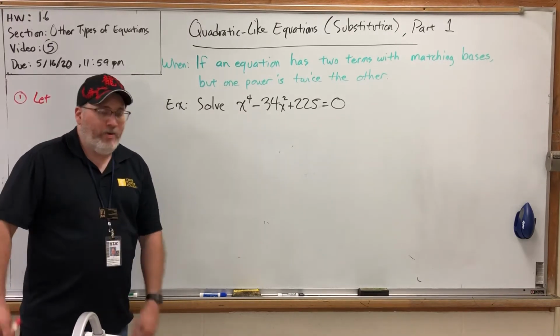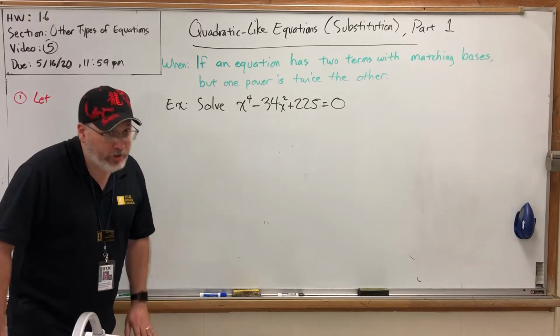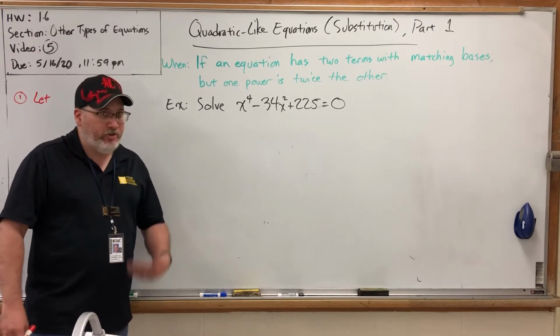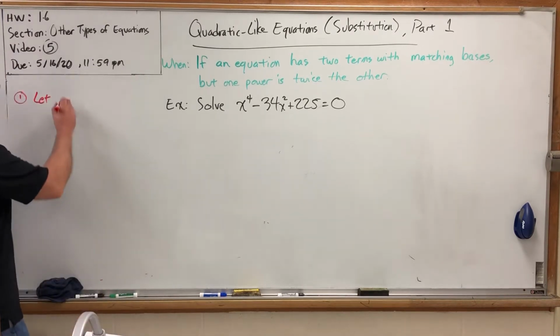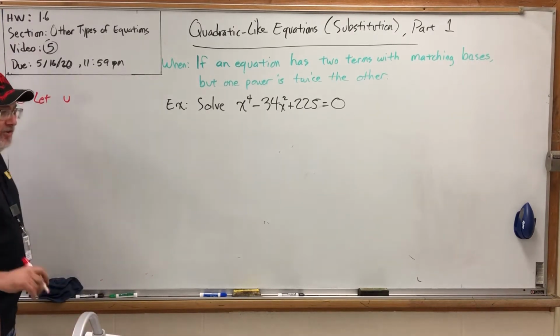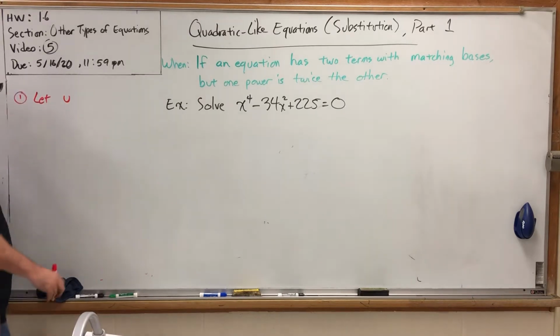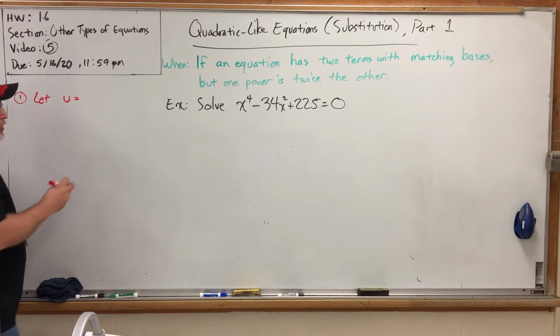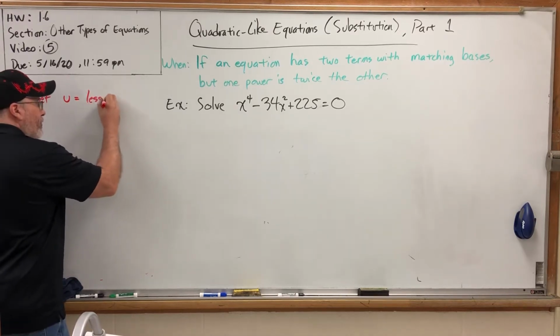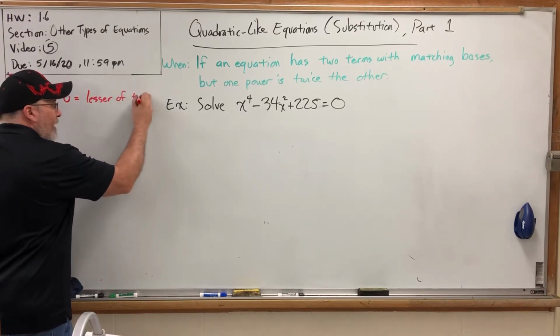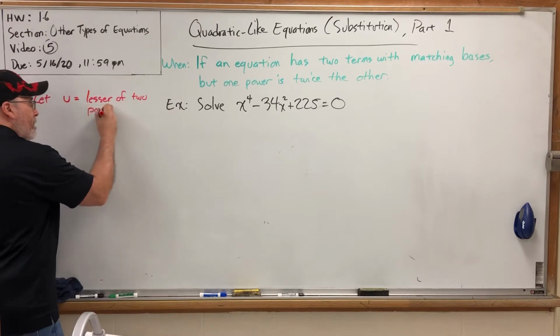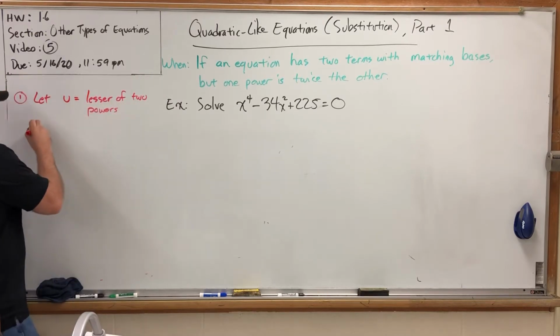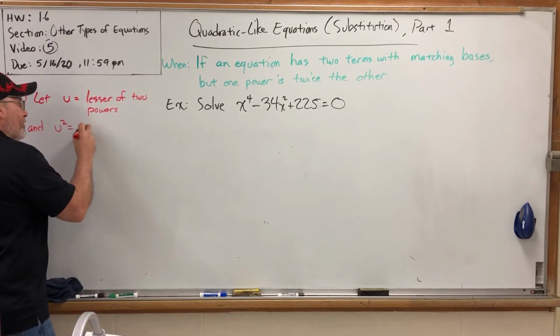But in the homework, when it asks you what substitution you're going to use, it's going to expect you to use the letter U. That's actually the same letter that's used in calculus substitutions, but let's not worry about that. So in the first step, you let U equal the lesser of the two powers, and U squared equal the greater